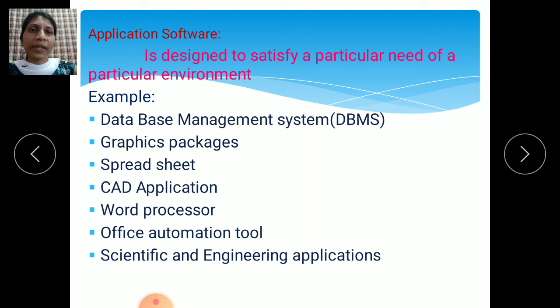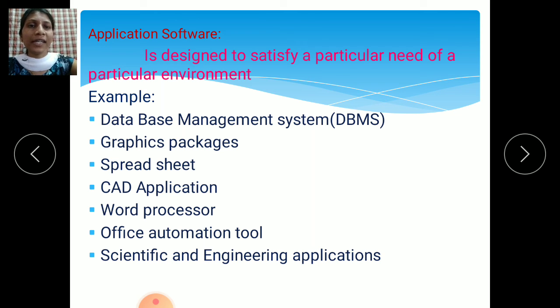For example, application software means apps, a particular app that will help that machine work. If you want to run any program or do any task, we use different applications, and that is called application software. It has a set of instructions, and the application will work according to those instructions.